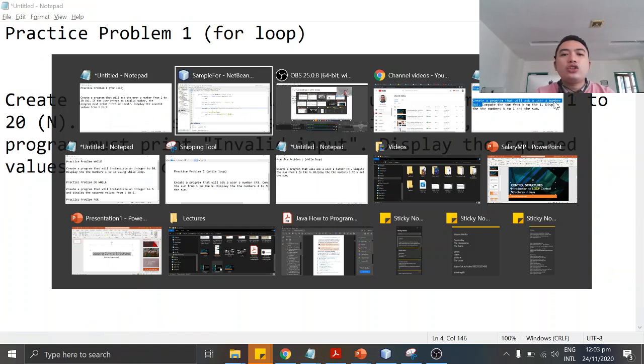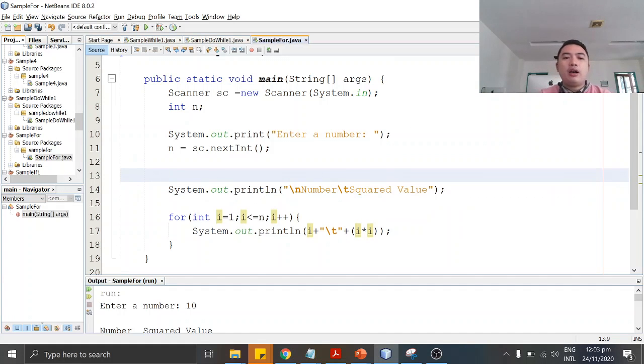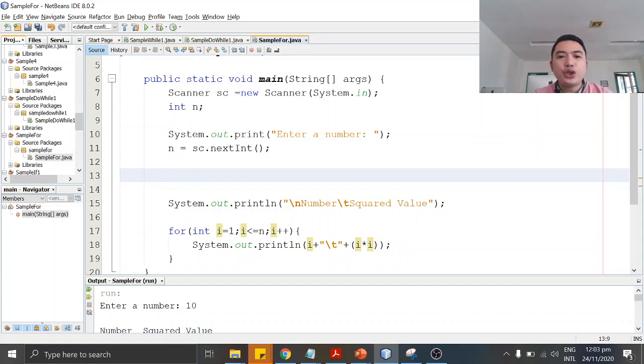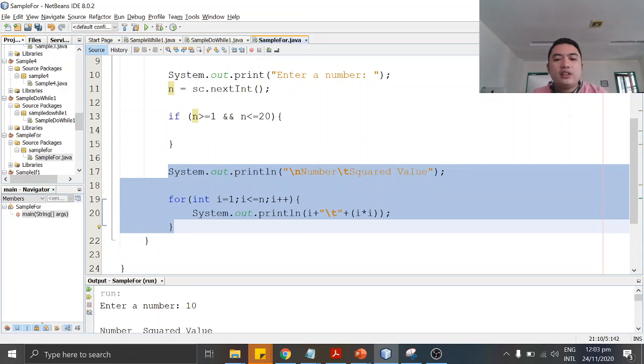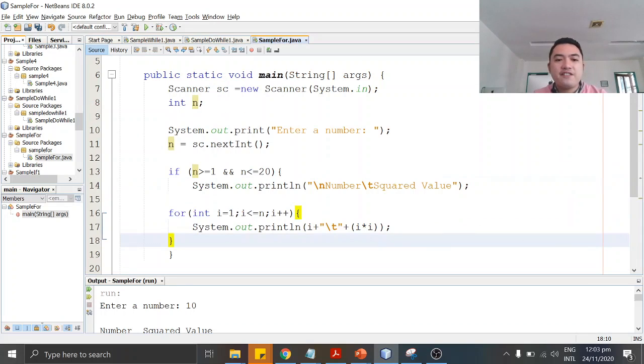So we can put an if-else here after we enter a number. So if n is, the valid range is greater than or equal to 1, and n is less than or equal to 20. So we will put the entire code inside the if.